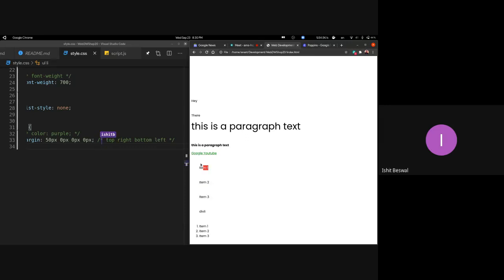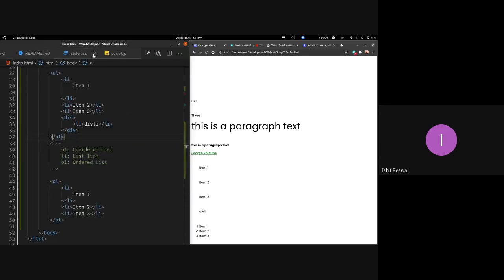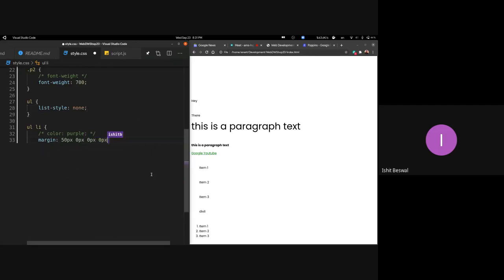You can also give these margins directly by selecting the margin bottom property or the margin right property and everything else. One other way you can use this is if you want to give a margin to both bottom and top, but not the left and right. You can just provide two values here. The first value will correspond to the margin top and margin bottom, and the second value will correspond to the margin left and right.